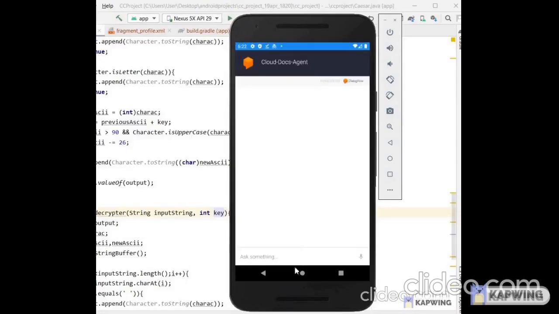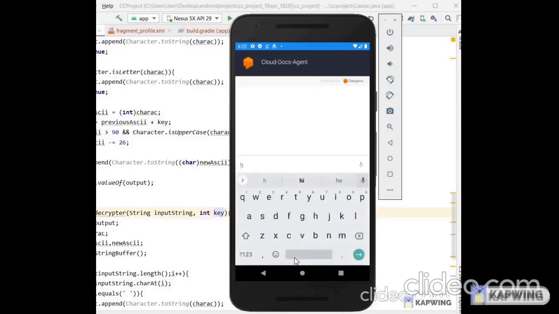The application also includes an in-app chatbot for general user queries like how to upload a file, how